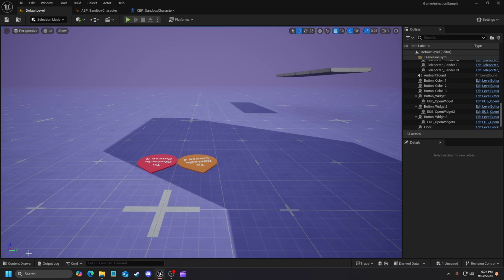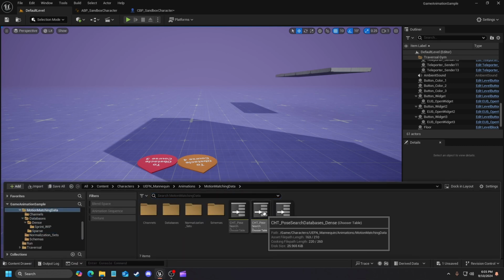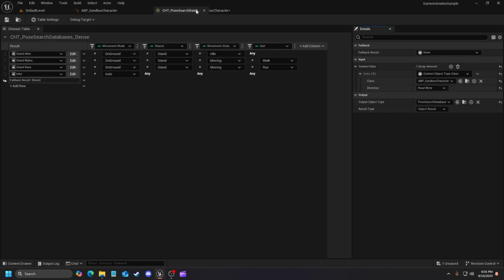So once we check that, let's go back and go to motion matching data. And like I said, we're going to choose the dense database search. So I'm going to mount this real quick. And what we're going to do is we're going to add a row right here, and we're going to look for nested chooser. So if you don't know what a nested chooser is, basically in motion matching table, a nested chooser allows you to have multiple, well, not multiple instances, but it allows you to layer your selections to get